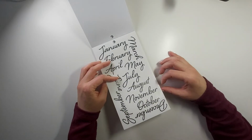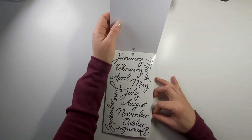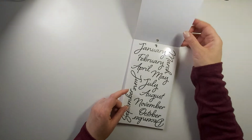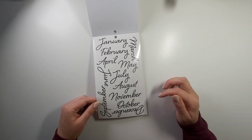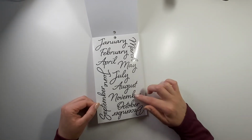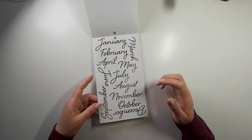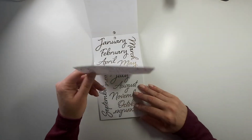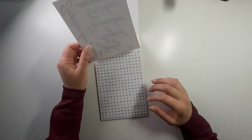Now these are sticker paper scripts, and oops, not really straight, am I? Oh, over here is better. There's a bit of a glare over there. So January to December, and they're all about the same size. I mean, obviously some are longer, but the height. So it looks like you get the clear ones in black, gold, silver,